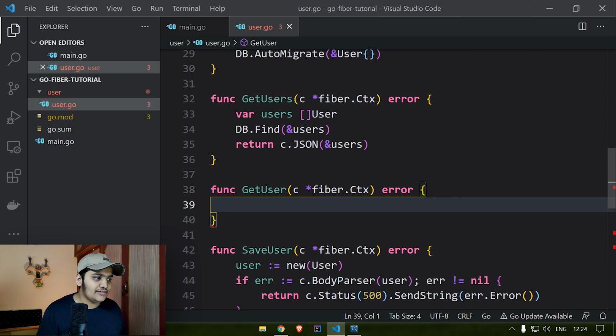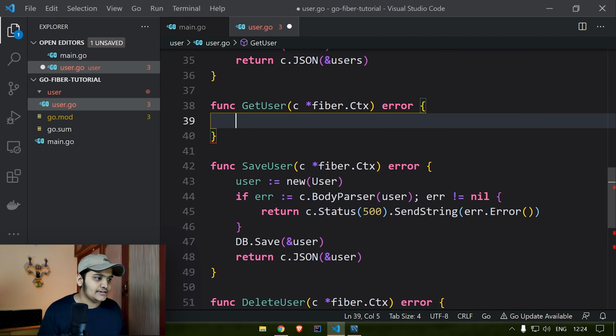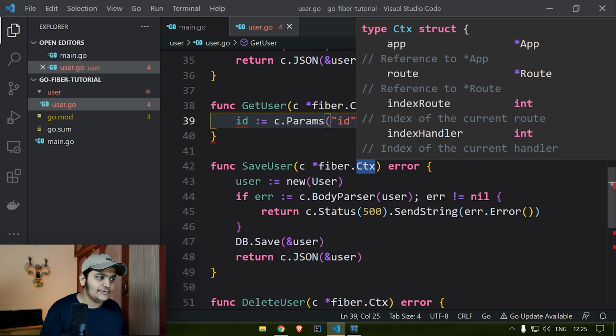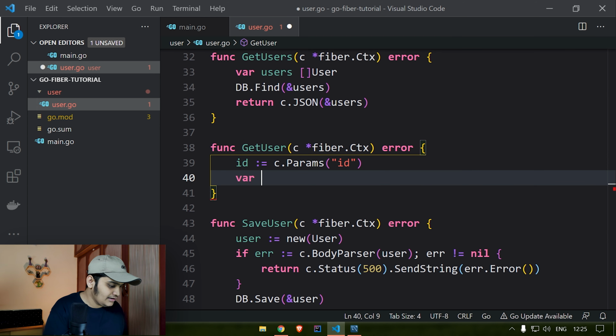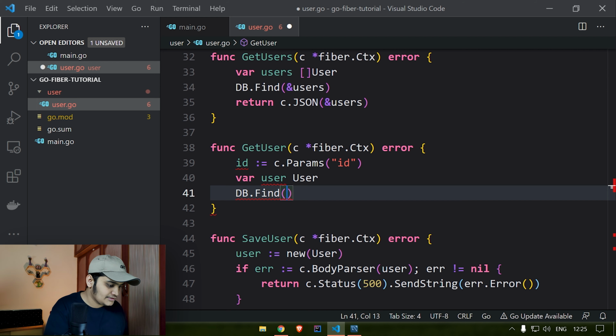Now let's go with the method where we'll define a particular user. We need to find a particular user based on the ID provided in the path variable. So let's see that. I'll first save the data in the ID variable. ID equals, and we'll get the ID from c.Params, and I'll give the ID over here. The same name which you have defined in the route, you have to give over here. So I just defined that, and now I'll create the variable user. Okay, and I'll call db.Find with user, and with this ID I want to find.